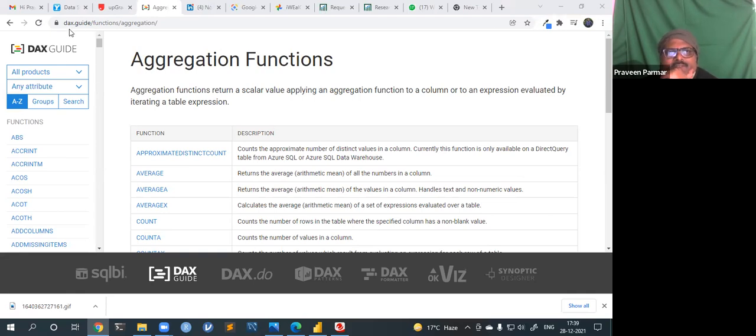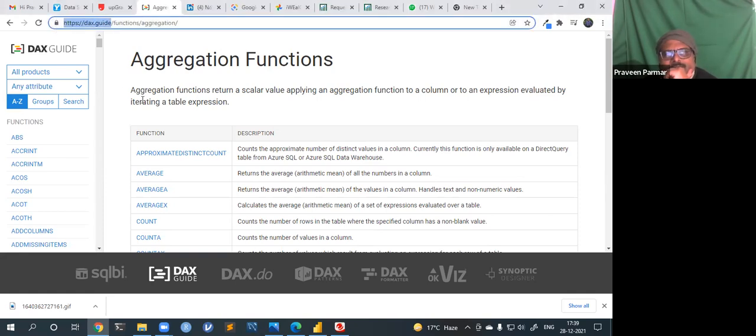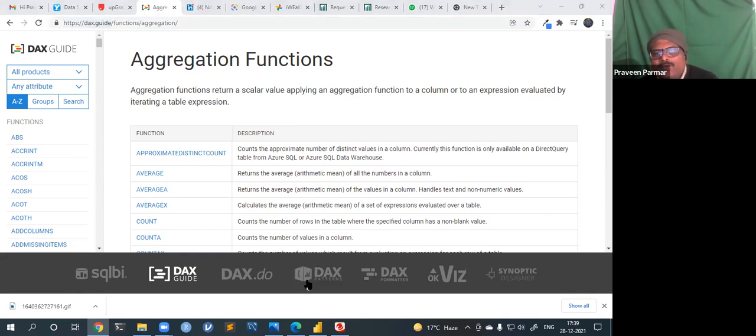This is dax.guide. I just copy pasted these in the chat box. You will get the detail of all the functions here. Why is it not working?